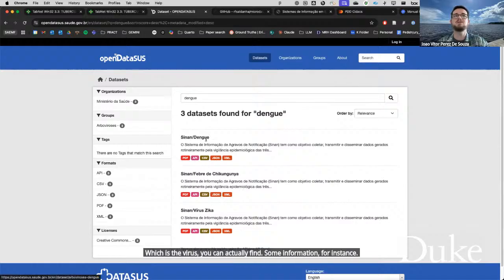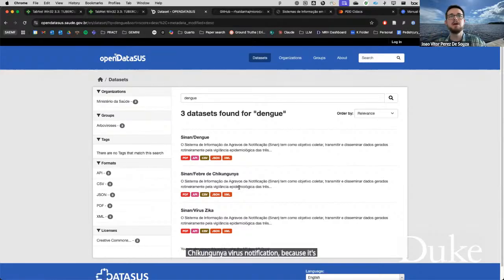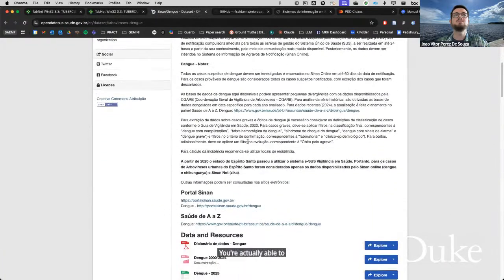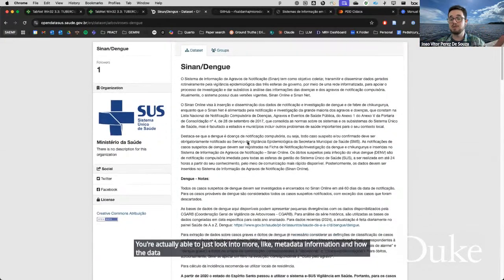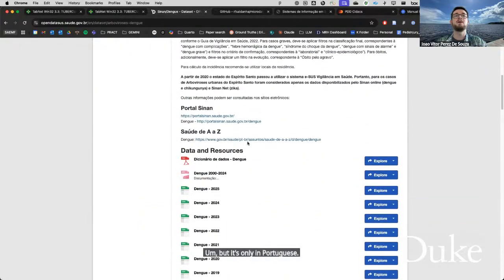dengue virus notification, chikungunya virus notification because it's related to the vector, Zika virus. And if you open any of these, you're actually able to look into more metadata information on how the data is collected, which is good, but it's only in Portuguese. You have the data dictionary here.